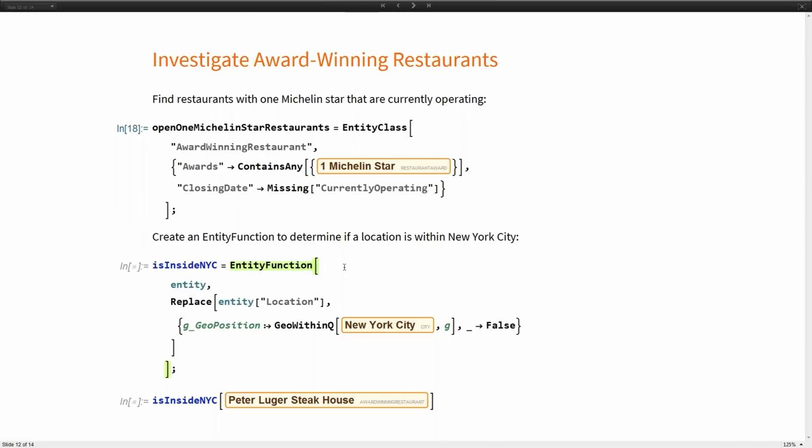And then we can write another entity function here, we'll call it isInsideNYC, to determine if a location is within New York City. And so we can say, well, if it's a geo position, let's use geo-within-Q to be able to test if it's within the entity of New York City. So we can test this on one of our entities here, and we can see that this one is indeed